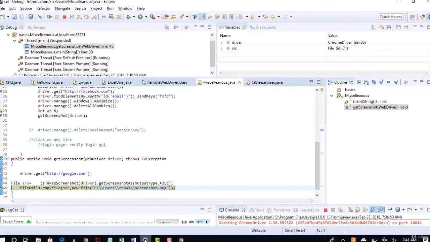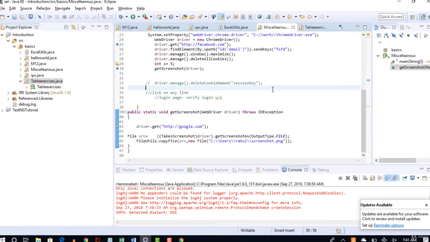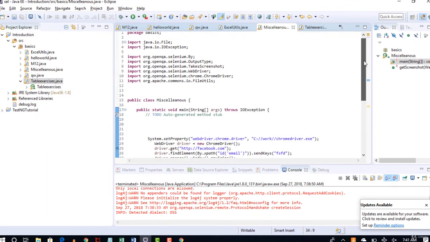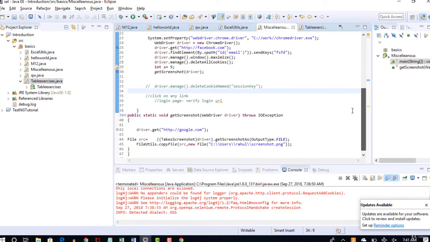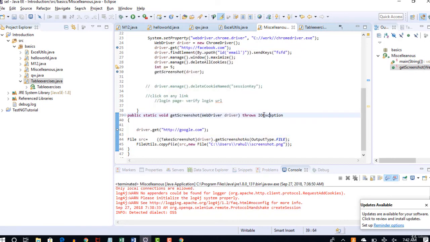Alright, I hope you are very clear with this. If you want to resume your execution without waiting on debug, just click on resume and that will complete your test. Yes, your test is completed. Alright, so that's how you can debug with your Eclipse code. This could be Selenium, this could be REST API, Appium, Cucumber, anything. Any Java code, the debugging method is same. Okay, there is no special debugging for Selenium or any other tool. If you write some Java code in Eclipse, whatever I told now matters.